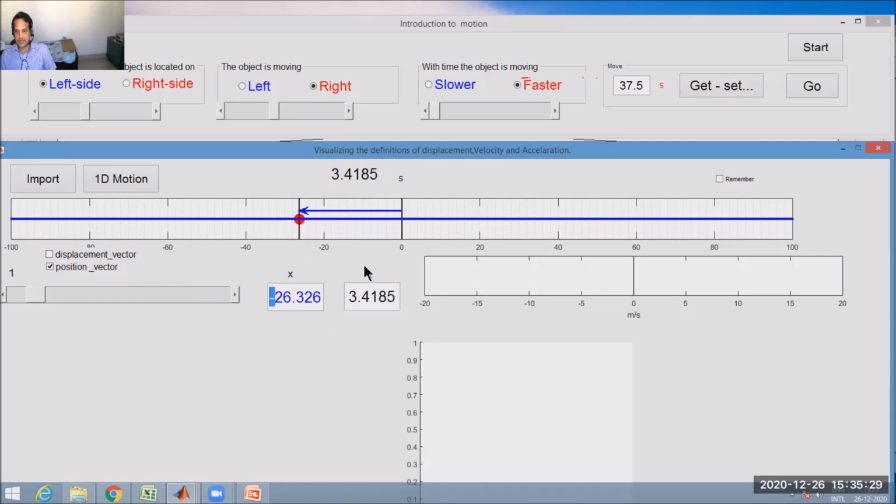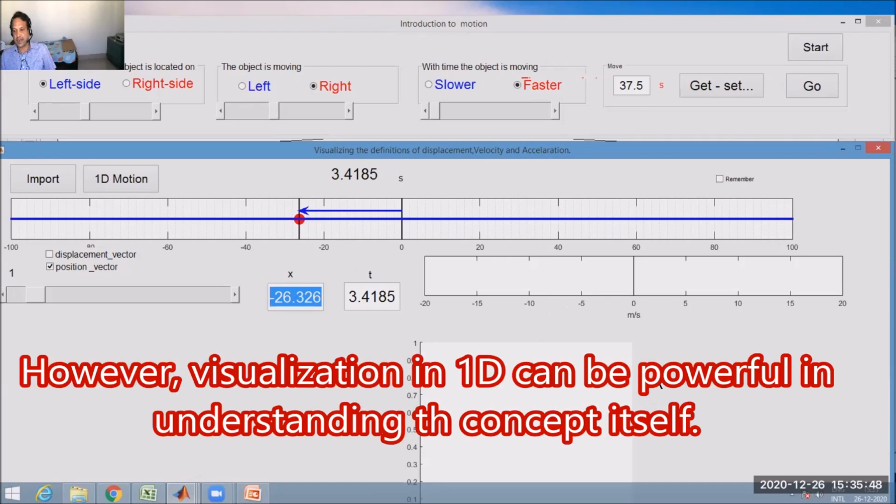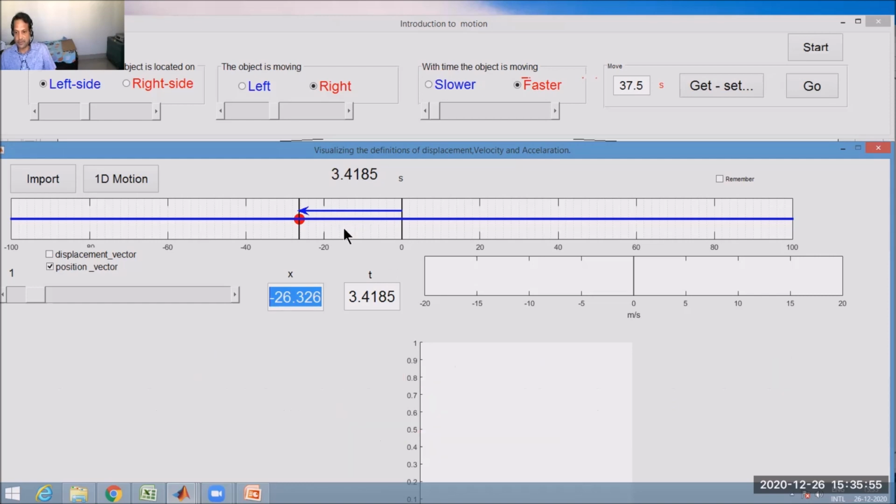So actually, with the presence of a minus number, we need neither color nor arrow. That's why many of the textbooks do not specify any arrow in a quantitative manner, because the number itself tells it: minus 26 means it is on the left side, plus 26 means it's on the right side. However, I'll be carrying forward the color scheme to make it visually appealing and more informative, because just by looking at the arrow, I can tell if it is blue, it's on the left side, and if it is red, it's on the right side.